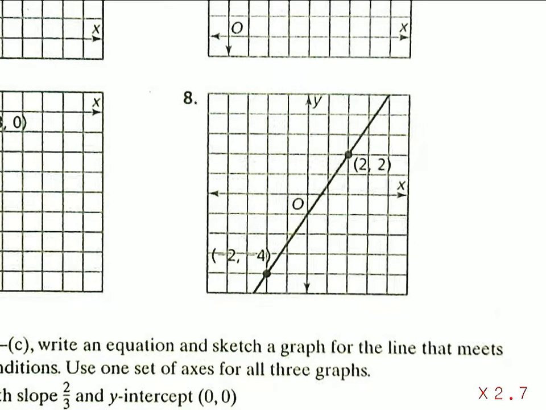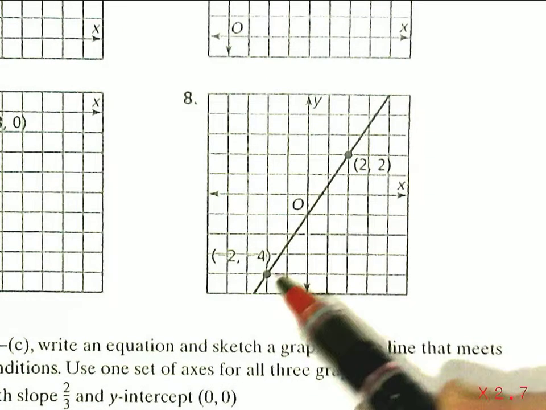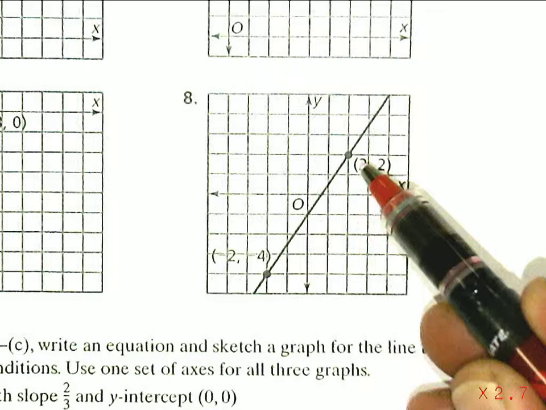So this is Thinking with Math Models, additional practice for investigation 2, and we're going to look at question number 8, which, when you're given a graph, the question is to identify the slope and the y-intercept and write an equation for the line given. So on number 8, we're given 2 points on the line, this one and this one, and we need the